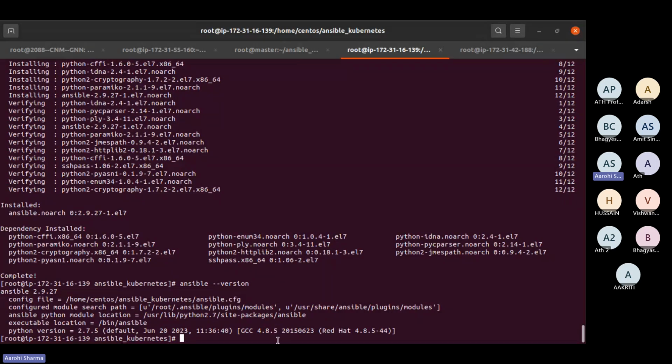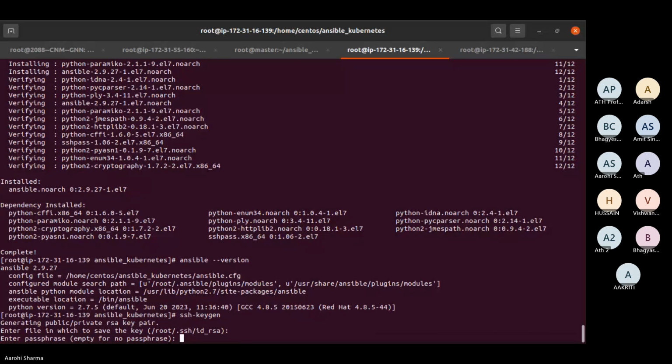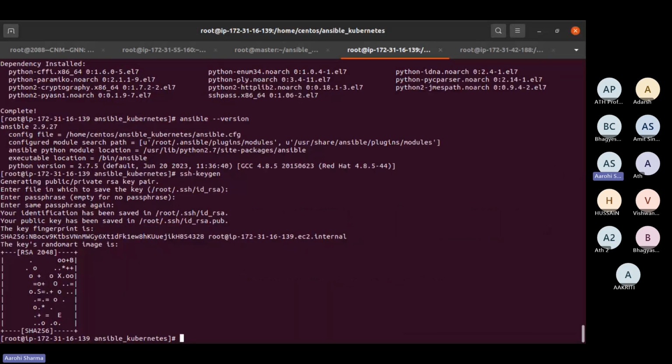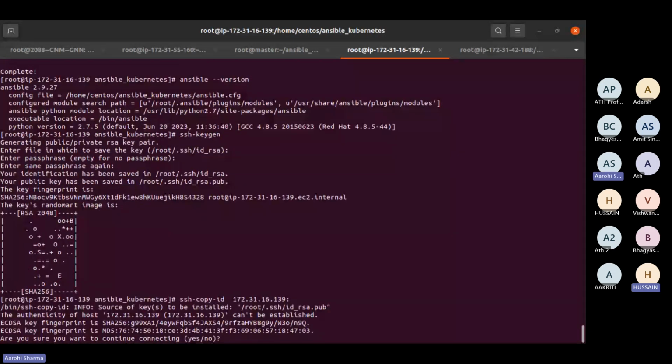So now, because the SSH keygen is not working here, I'll try to install it over here. I'm just trying to copy the ID, right? Okay, sorry, my bad, this is already there. Dot 31 dot 16, that's this one, right?